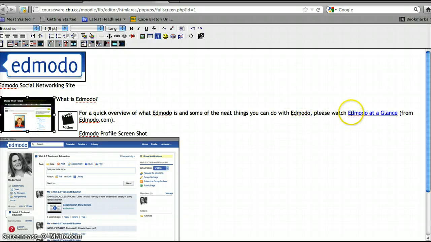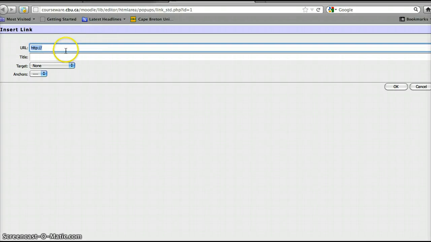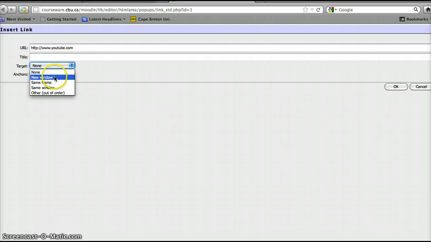When I'm linking to movies and stuff like that, I'm just highlighting the text and then I'm going up here to this insert web link. I click on that and I type in whatever URL I want to go to. So if I wanted to go to YouTube, if it was a specific video that I was linking to at YouTube, you can put in your title there. Target, you want that to open into a new window. So select that